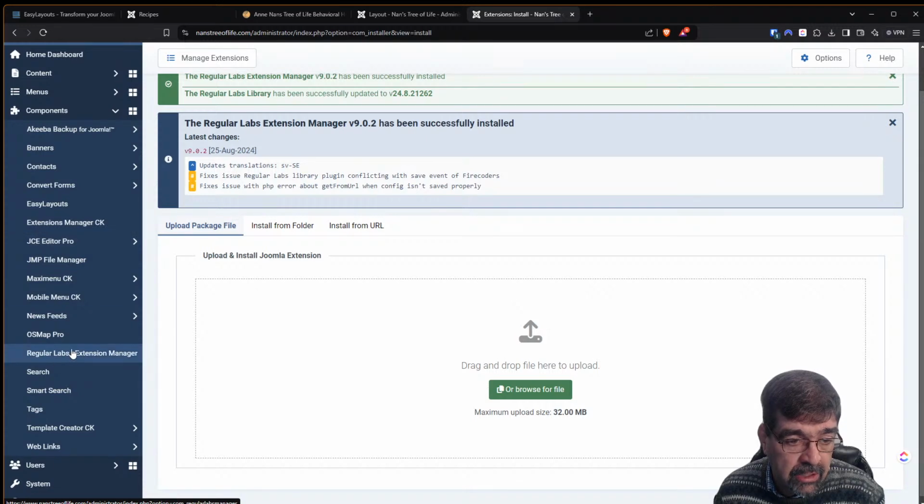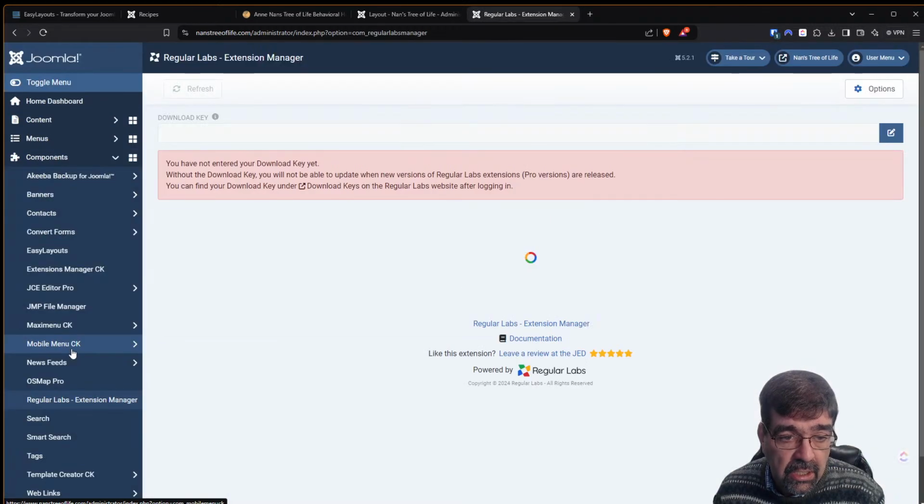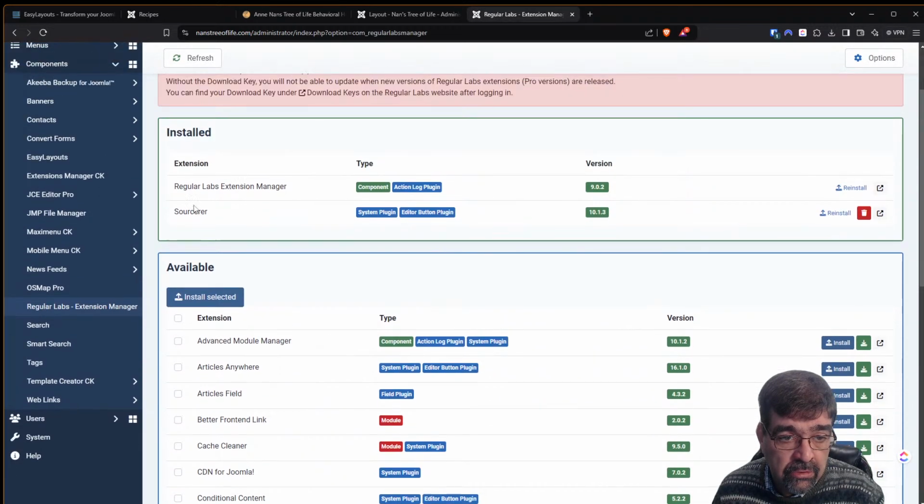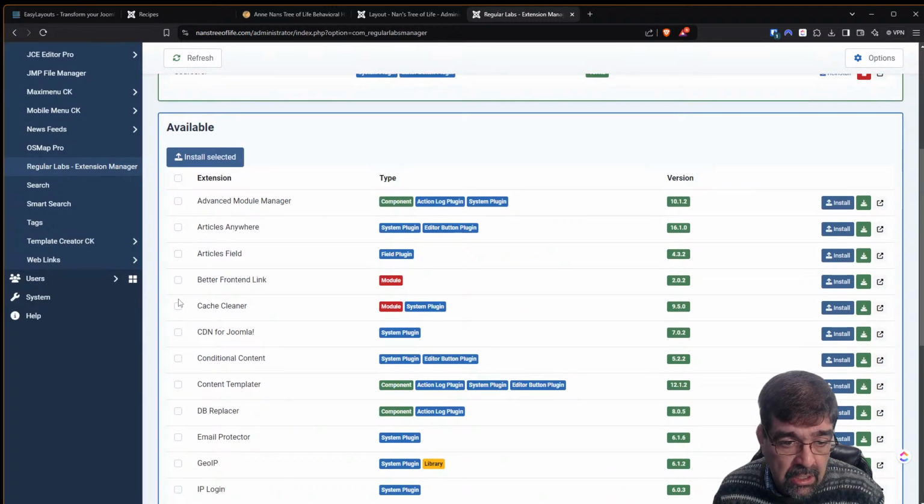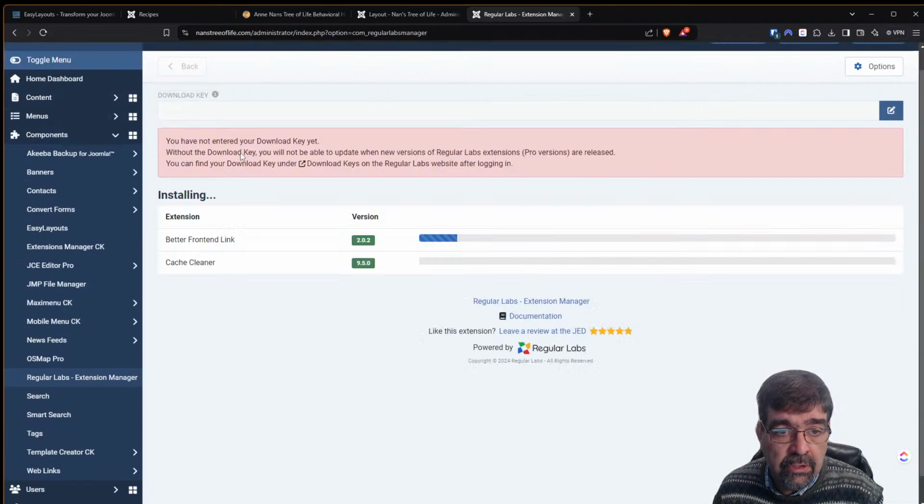Now I'm going to go over here to Regular Labs Extension Manager. It's got Regular Labs Extension Manager and Sorcerer, which I am using. I'm going to put Cache Cleaner in, I'll use that later, and Better Front End Link. And what that is going to do